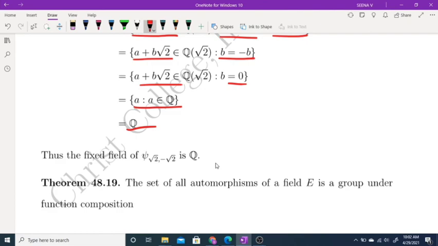Okay, that's all for this section. This theorem we will discuss in our next